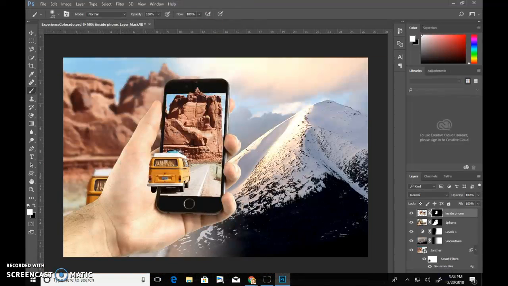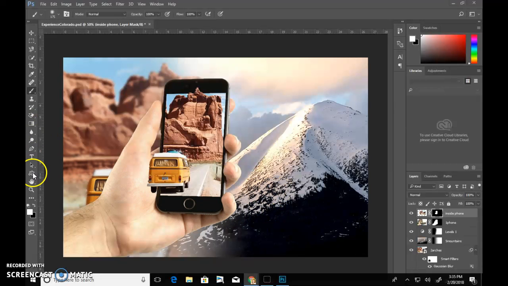So now we've got that adjusted. We've got it popping right out of the phone. So that looks pretty cool. All right, that's instruction number 24, basically. Kind of the easy way. The more detailed way where you don't go back into select and mask is in the written instructions, but this is the easiest way. All right, next we're going to create a layer in front of all of this, and